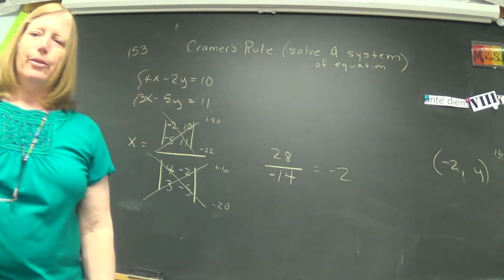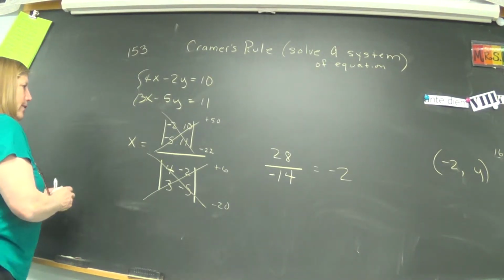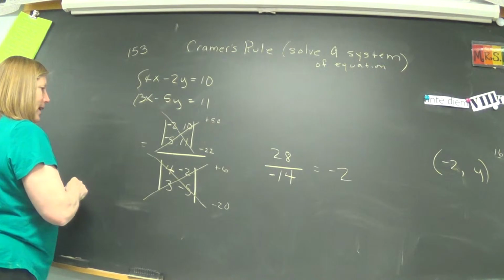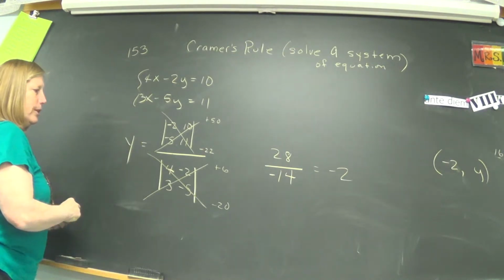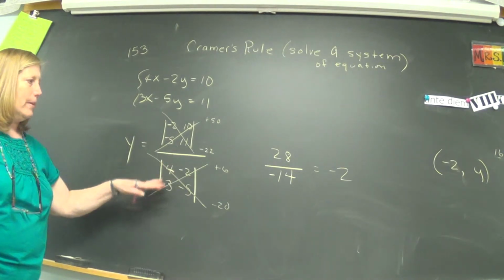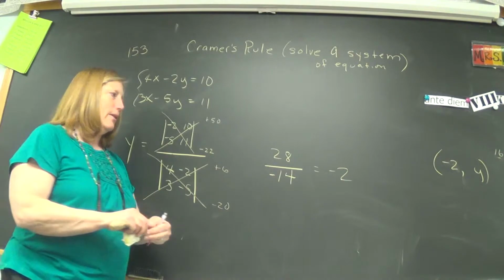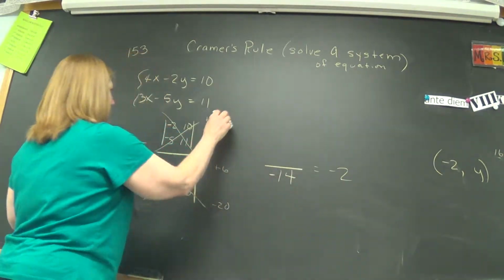Let me show you how to use Cramer's rule for the y. And I'll just go over and write over top of this. The y equals the same coefficient matrix in the bottom. So I already know that it's -14. So I don't have to redo that. Guess what the new matrix